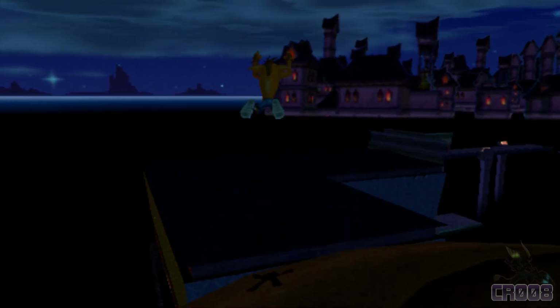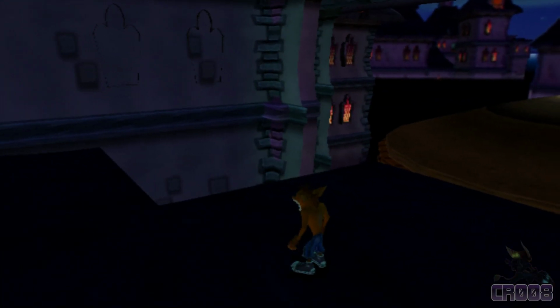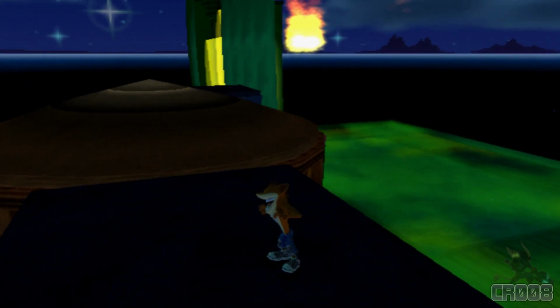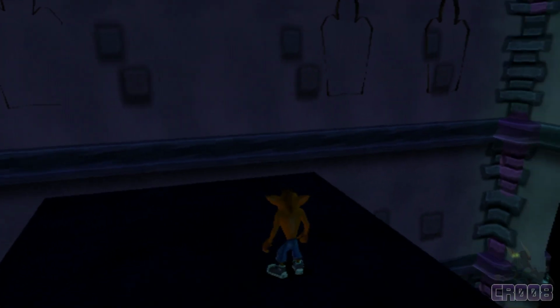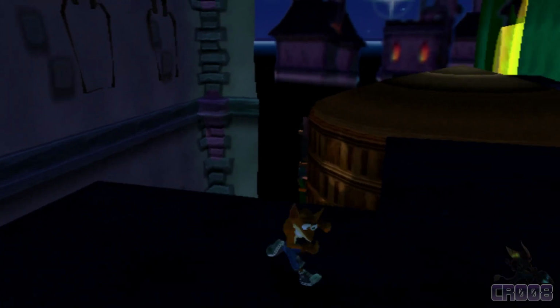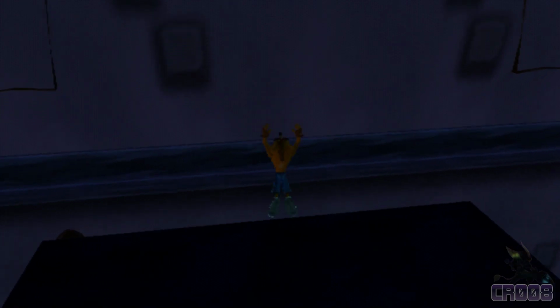Okay, we got it. There we go. As I said, very precise jump, but it's not over yet, because we have the same rule that we saw earlier, which is the game is convinced that we are not in this chunk. We need the game to understand that we are in this chunk, and it will load Cortex properly, because if